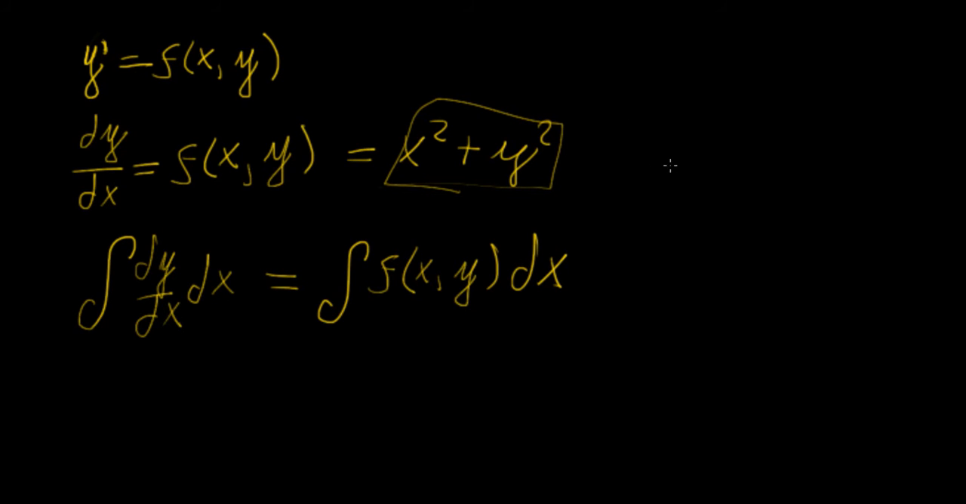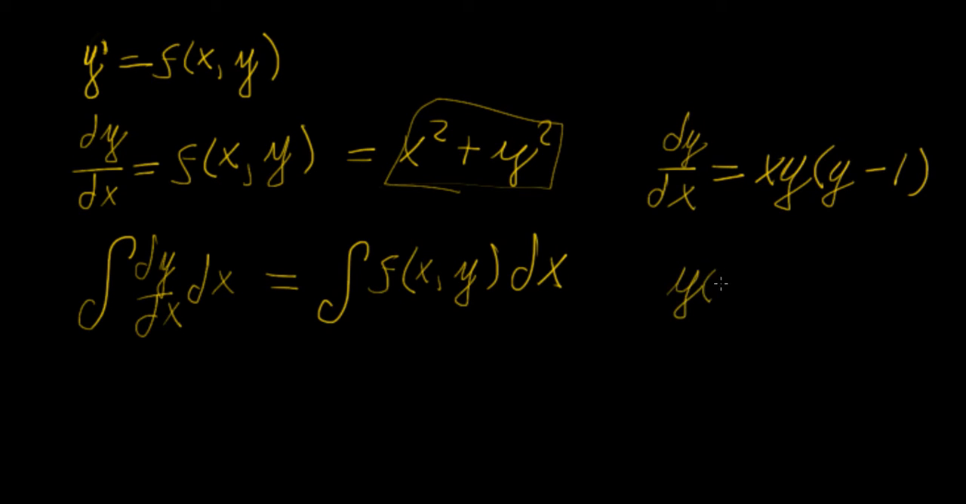So what would be an example of a separable differential equation? Well, it would be something like this. Let's say you have dy/dx equals x times y times (y minus 1). Now, is this a separable differential equation? Well, yes it is, because this is a product of two functions. This is a function of x, and this whole section is a function of y. So if you divide both sides by y times (y minus 1),